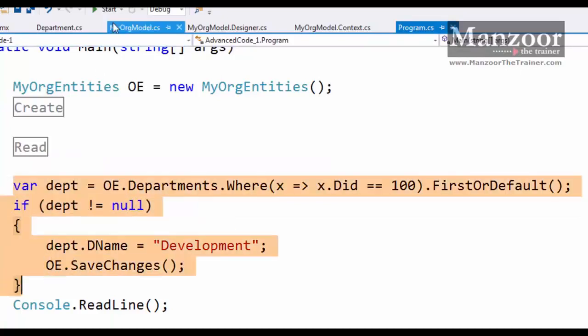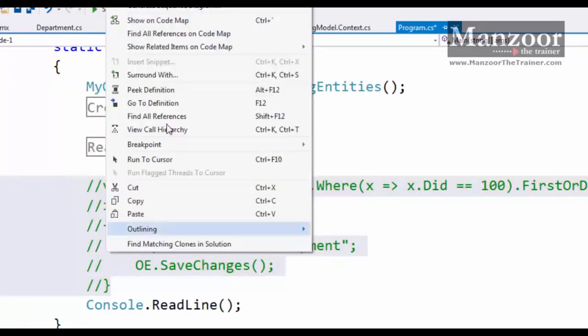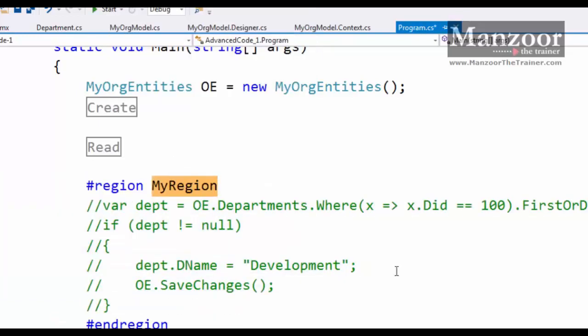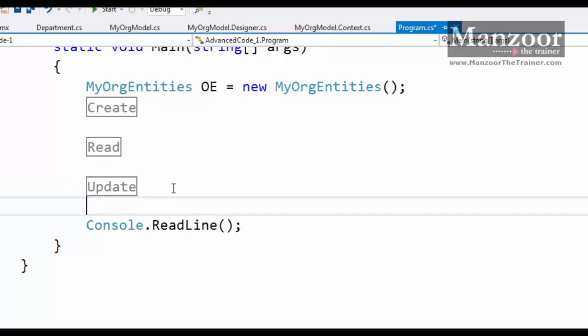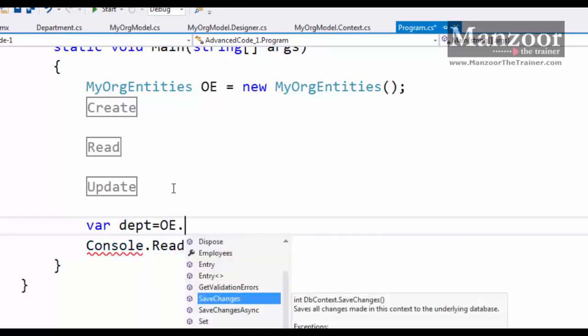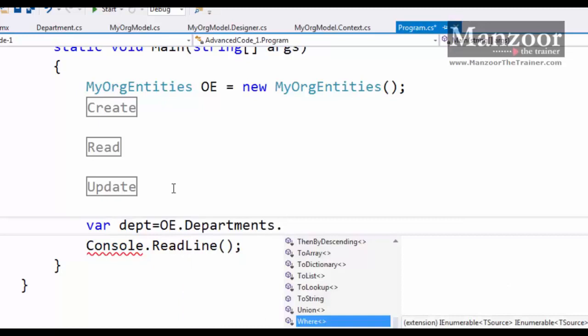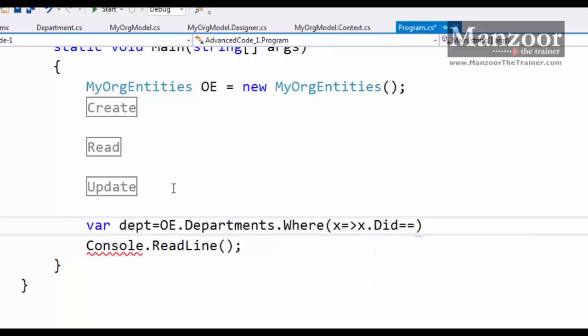Let me comment it out, and surround with hash region. Now finally, let us try to perform the delete operation. So again, to delete a record, I need to look for that record. So I'll say var department equals to OE dot departments dot where x goes to x dot department ID equals to, this time